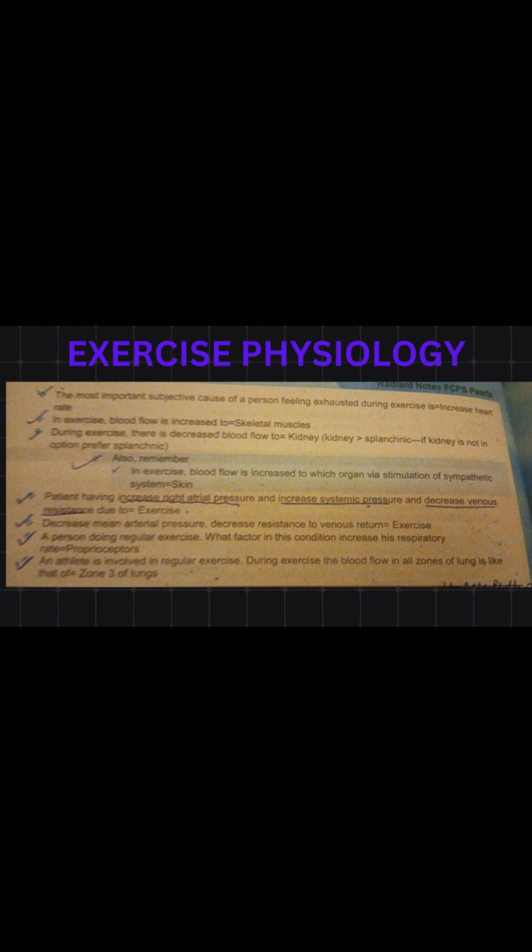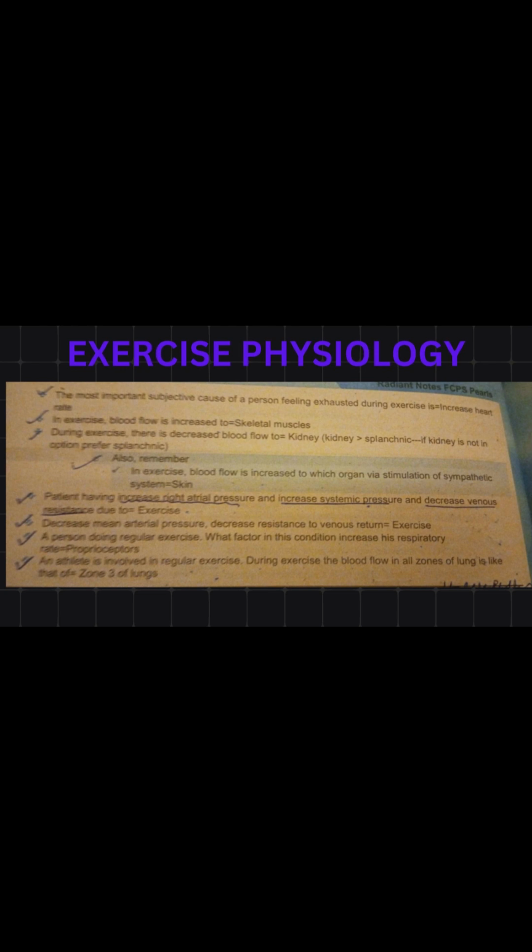Now let's talk about the exercise effect on the respiratory system. So expiration is going to increase. The hemoglobin oxygen curve is going to shift towards the right side. In exercising muscle, there is going to be increase in carbon dioxide production and increase in oxygen consumption. So there is going to be increased ventilation rate to match the oxygen consumption and carbon dioxide production in exercising